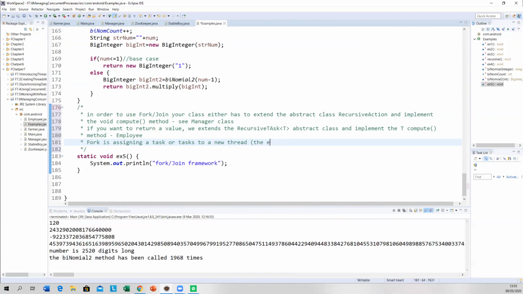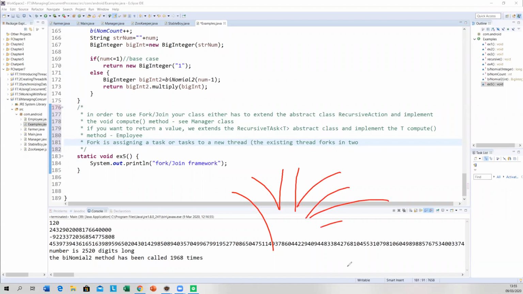The existing thread forks in 2. I think it can fork in 3, it can fork in 4, it can fork in 5. So it doesn't have to be just one sort of fork. A fork doesn't have to be just one fork in the road. It can be several forks in the road. Yeah? Okay.